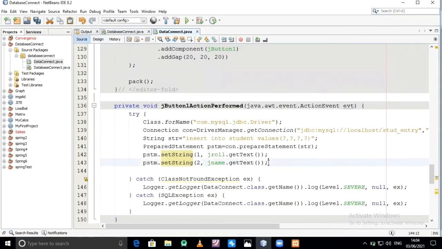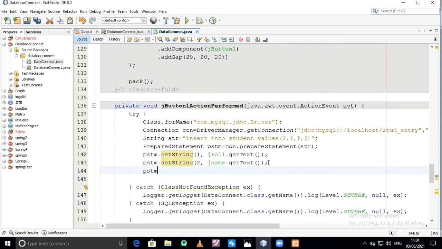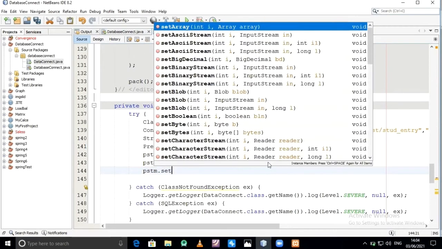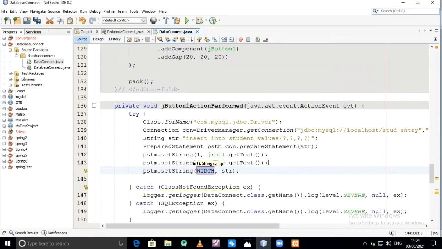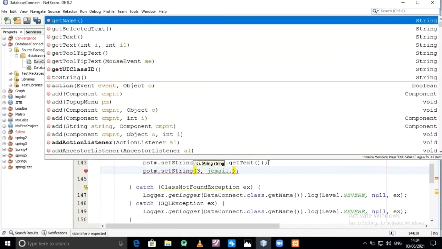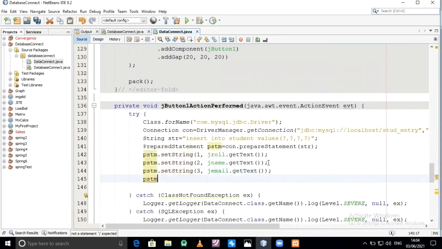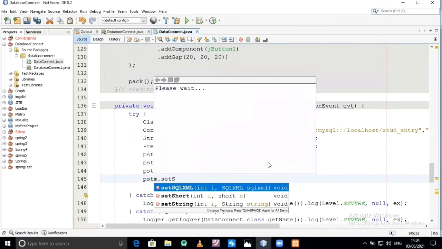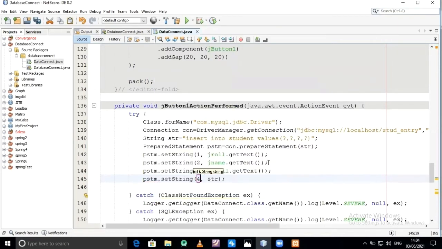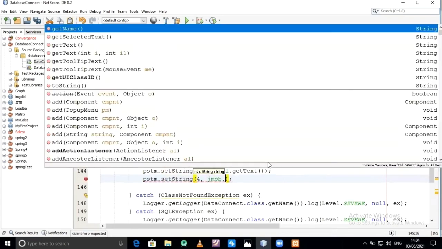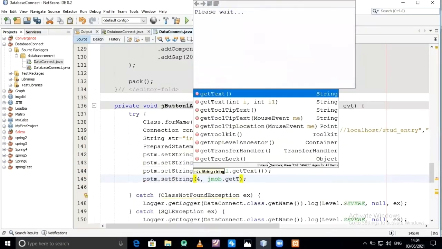Go to source again. Write the remaining two statements. PSTM.setString third, JEmail.getText, and last is PSTM.setString for JMobile.getText.